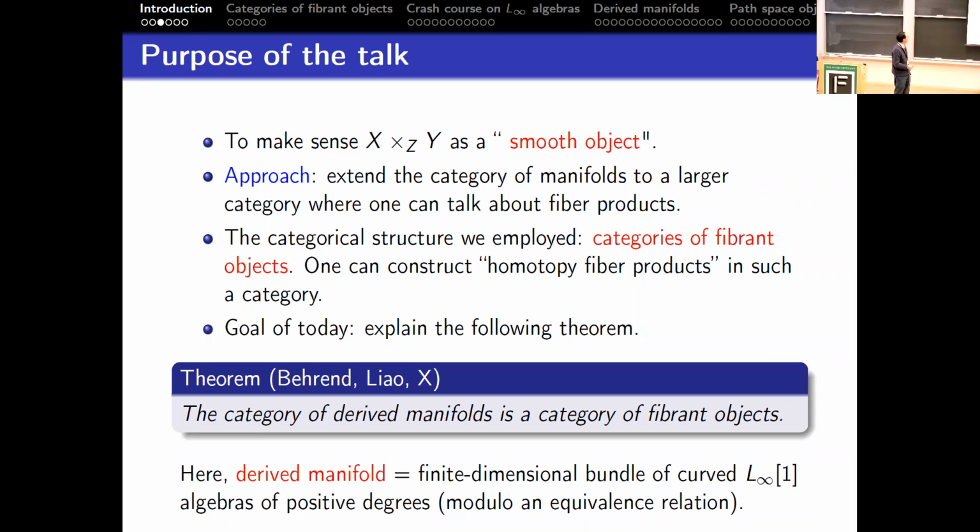So that's the idea. More specifically, we're going to prove the theorem: basically, the category of derived manifolds is a category of fiber objects, CFO. Most of my talk today is to explain what a derived manifold is, in the sense that we're trying to come up with the definition. It's a curved infinity algebra curve. So